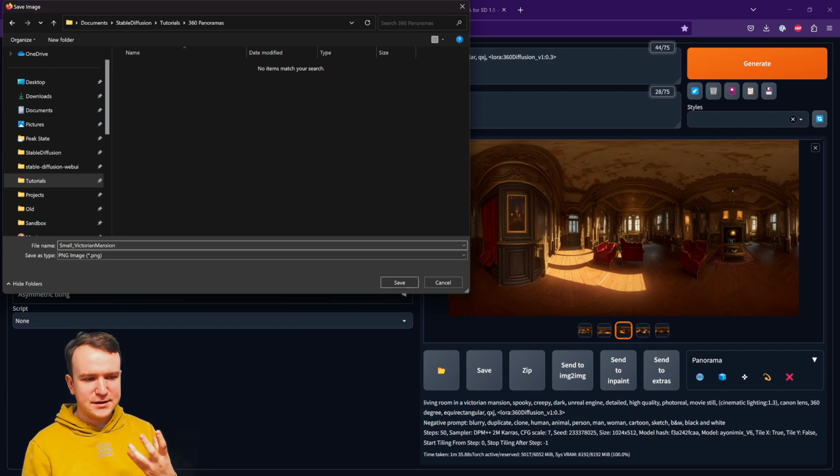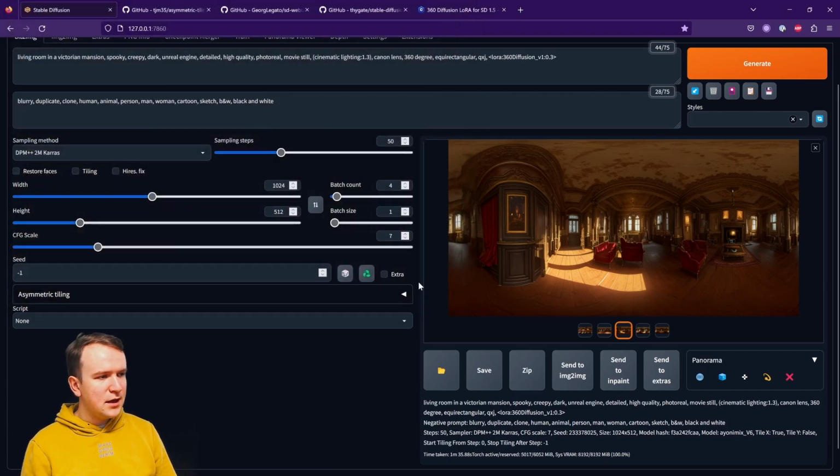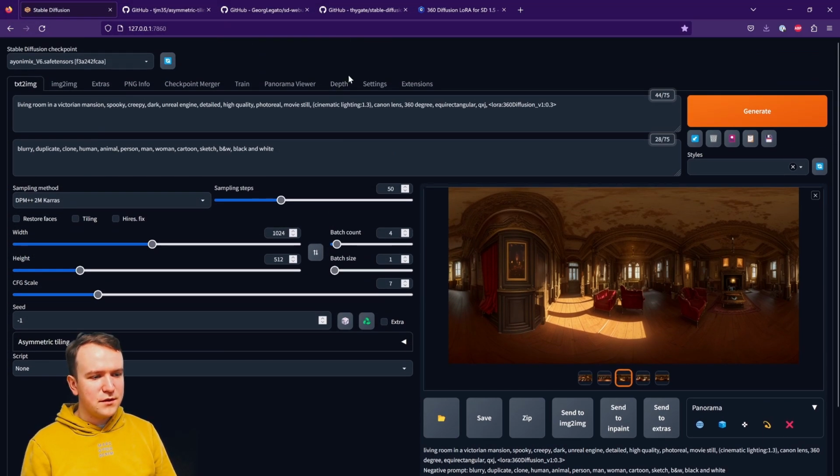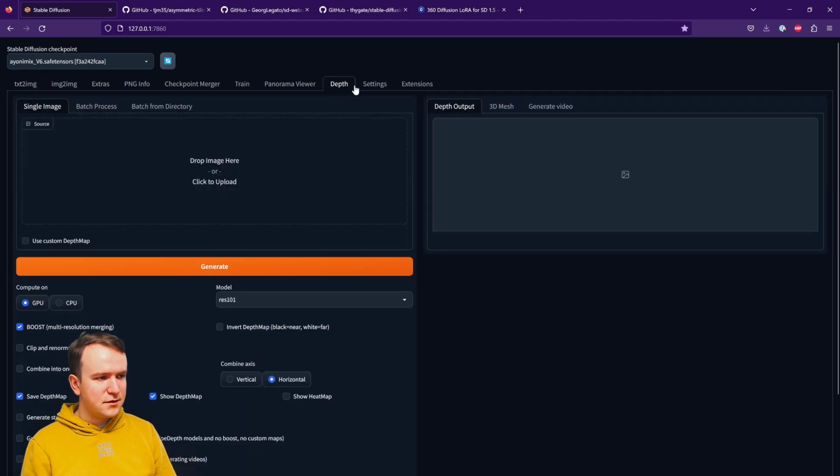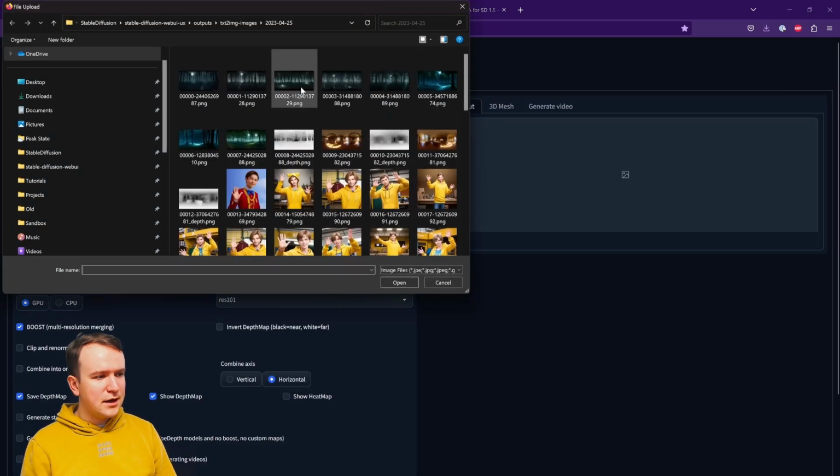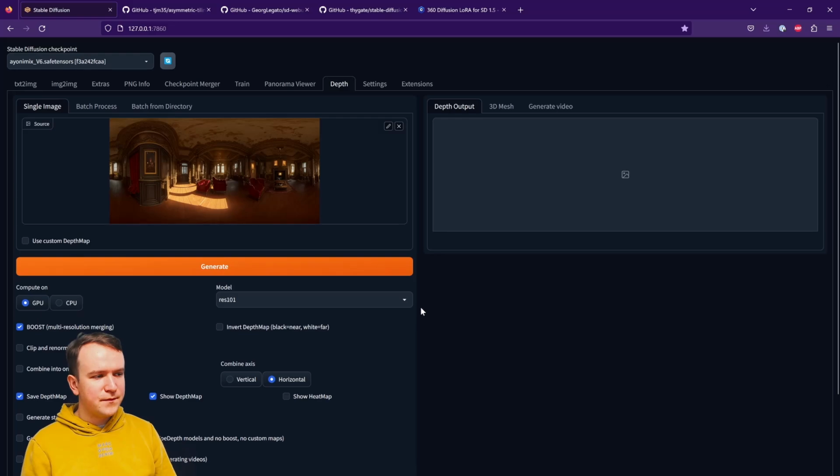We do want to upscale it and edit it a little bit, and bring it into the depth tab over here. And now we load it in here and set our depth information. Now the reason I'm doing it with the small version, not the upscaled version, is because we don't need so much detail in the depth. Our eyes can be easily tricked. So we're just going to use the lower res one. It's easier to generate as well.